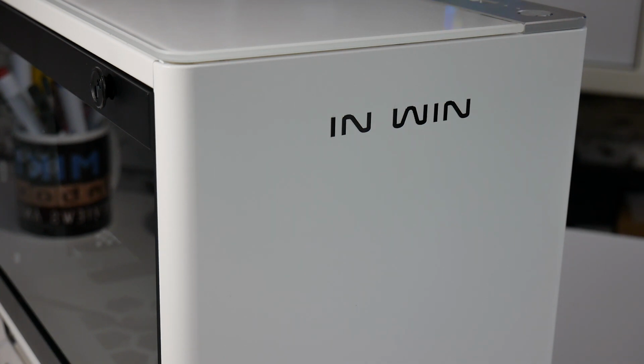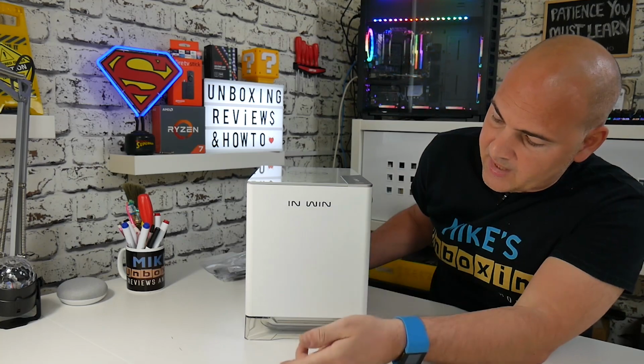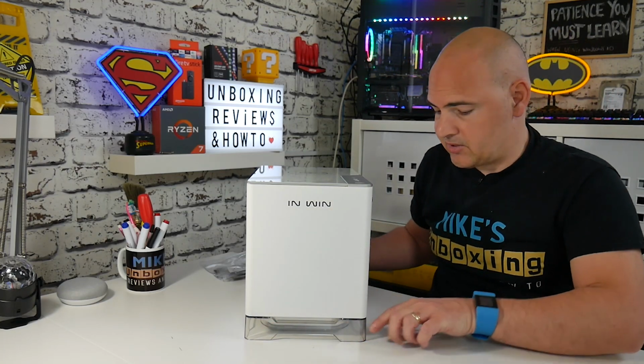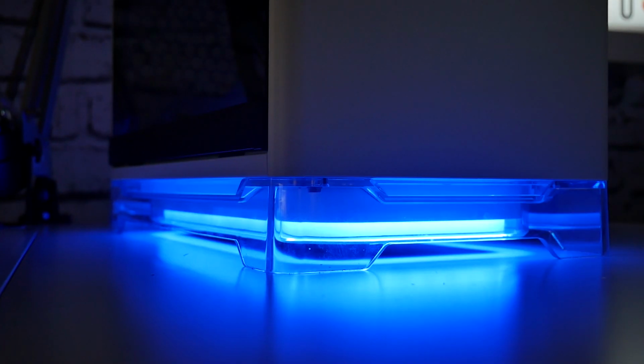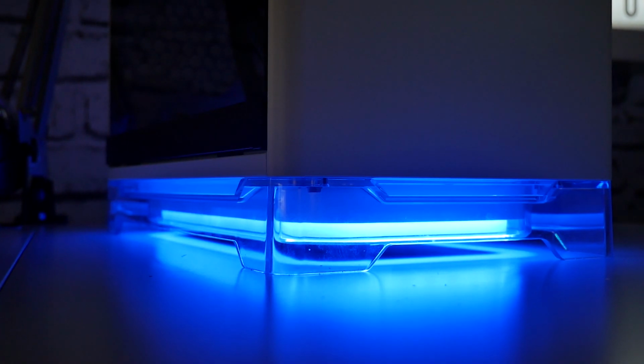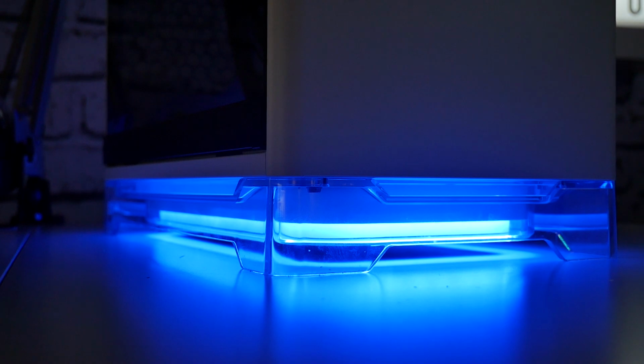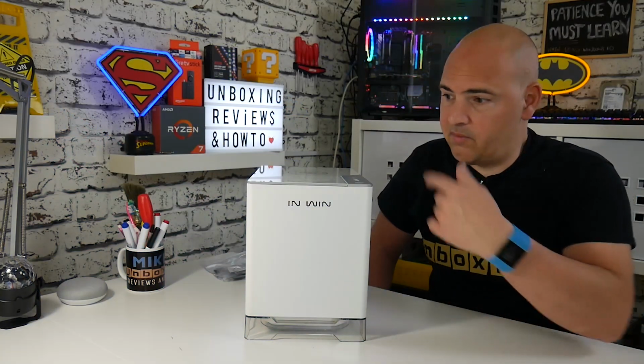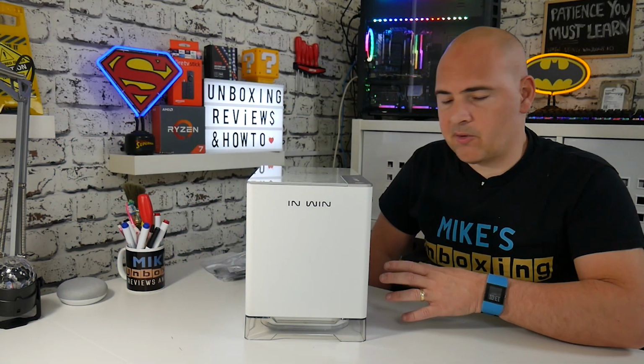All we've got here is the metallic InWin logo, and as you can see as well, you've got the acrylic base, which goes around all the way, and it's designed so you can underlight the PC. So using your Aurora Sync, MSI Mystic Light, or whatever it may be, you can connect up your RGB connector and synchronize whatever may be inside your PC. Say for instance, you've got the AMD fan with the LED ring around it, you can synchronize that all together